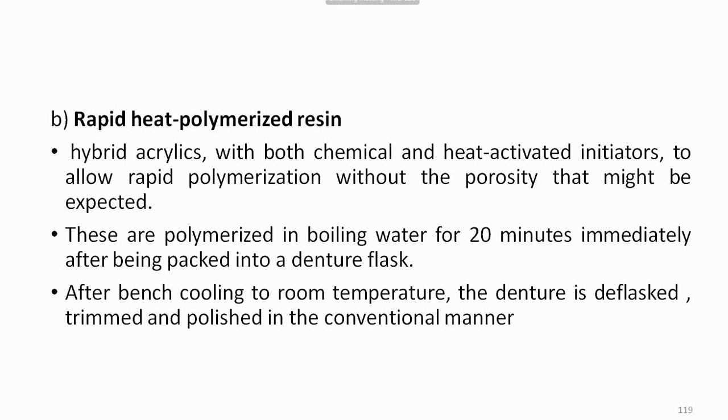For now, what you just need to know is there is some chemical, because though it's heat activated resin, some chemical is also added, so it's dual in nature. There are two types of activator present in it. One is heat that you're going to provide and the chemical that is already added in the formula. So the reaction would be very fast. Okay, that's why it's called rapid heat polymerizing resin. The time needed for the polymerization reaction is lessened by adding some chemical that will boost the reaction. This is called rapid heat polymerizing resin.